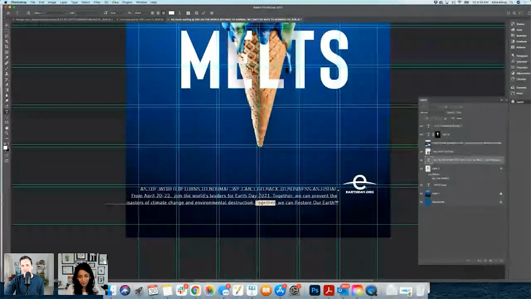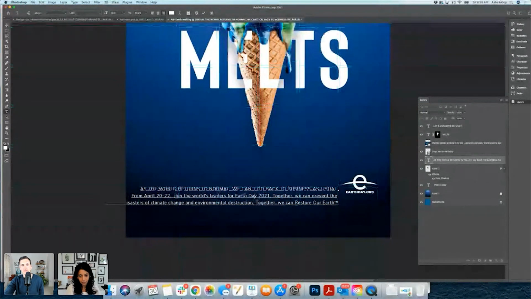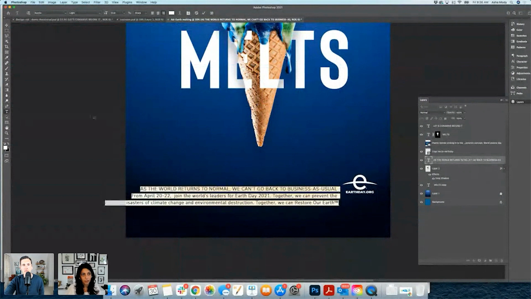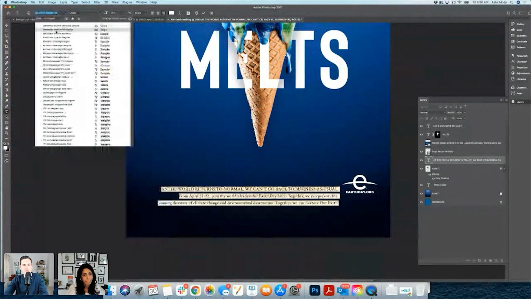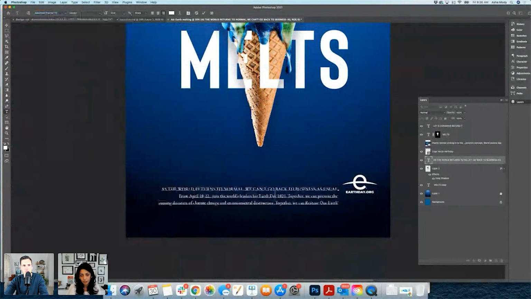Okay, and I'm trying to set the type. Now let me switch off the guide. So now look, the font is looking too broad here. Maybe I'm going to do a complementary font. Let's try the Garamond light display, or I think the pro display. Let me see how it looks.